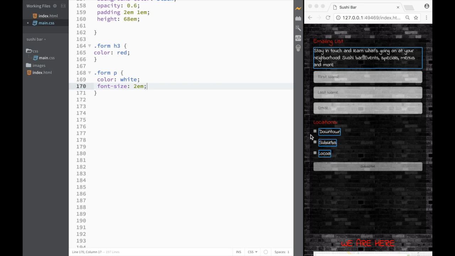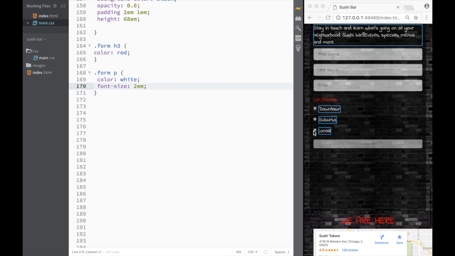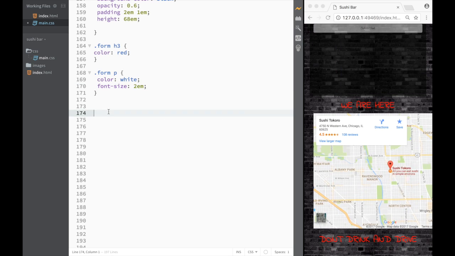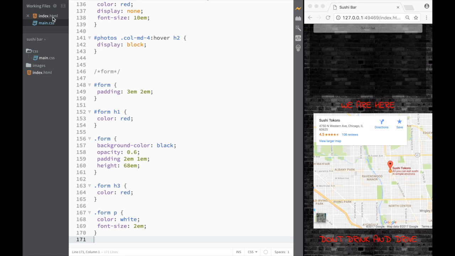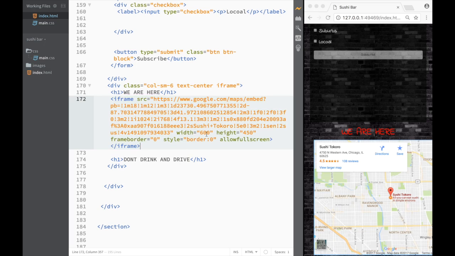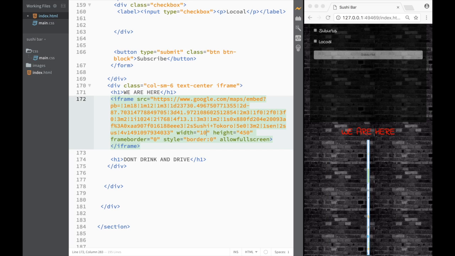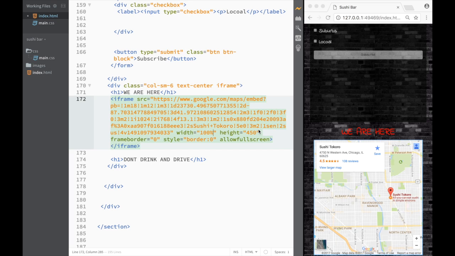We might add a little bit of properties a little bit later, but let's just work right now with our iframe. The first thing that I want to do with an iframe is change a couple of values that it has once it's downloaded. Over here you have this width and height. With the width, I want to set it to 100%. And the height, I'm going to set to, again,